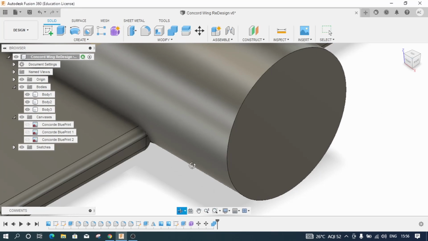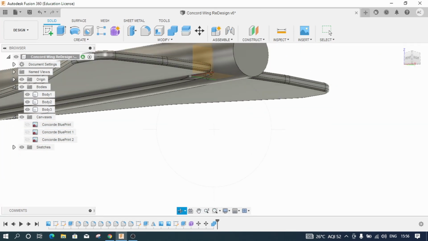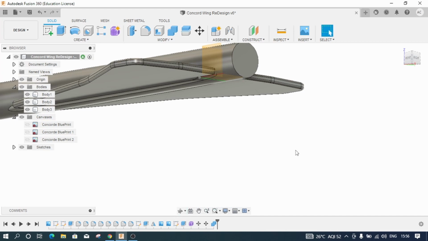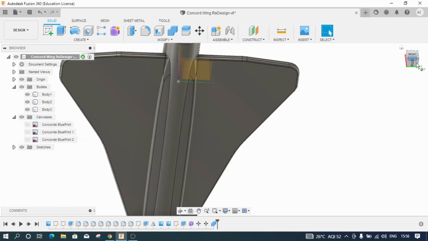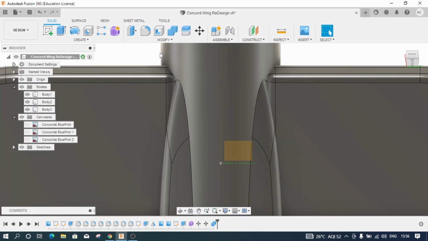Now if I look at how the bottom looks, you can see that this belly got extended a little bit.